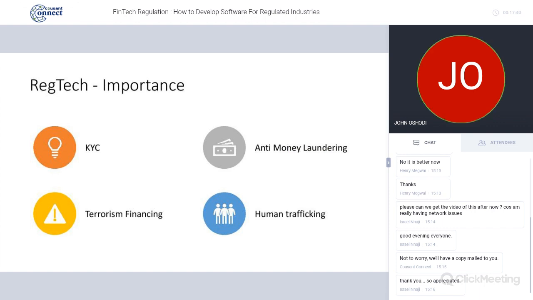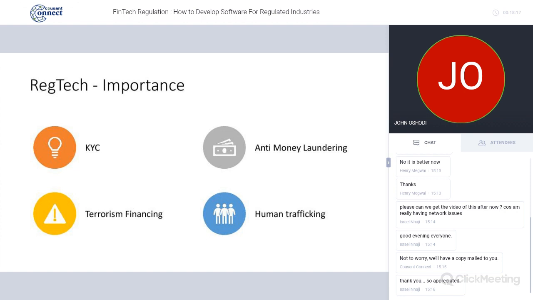So why is this important? This is important because, like I said earlier on, when we don't monitor things, people tend to do bad things, or when things aren't monitored, people take advantage of the system. And so it's quite important that RegTech is implemented. So, for instance, in the know your customer space,